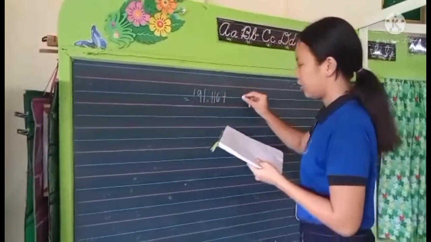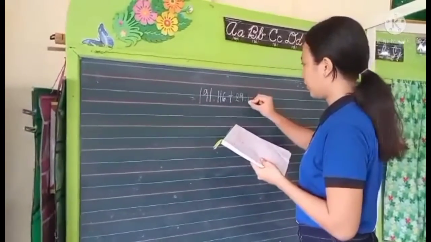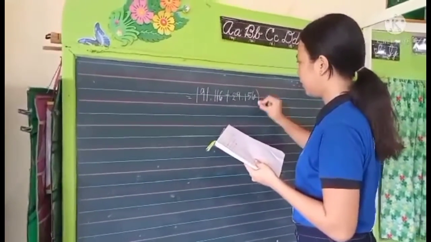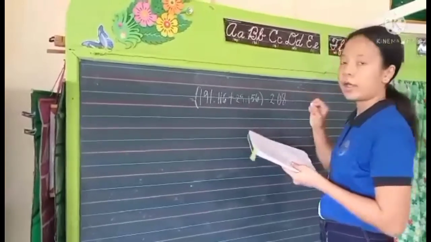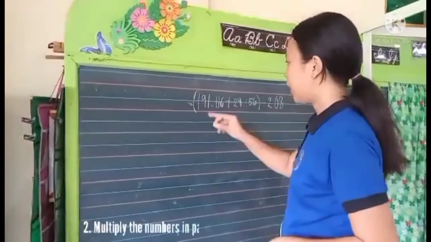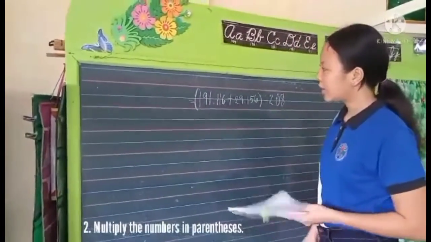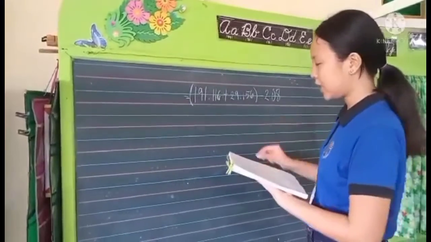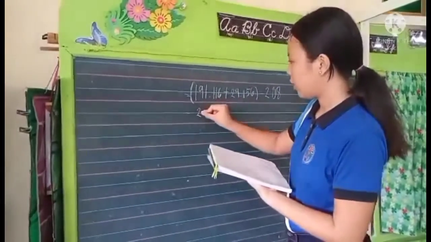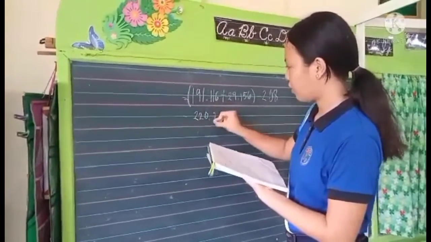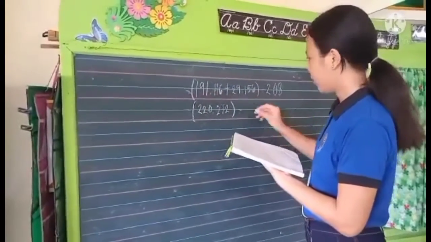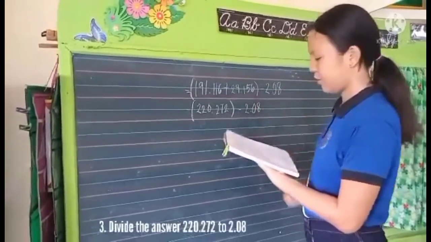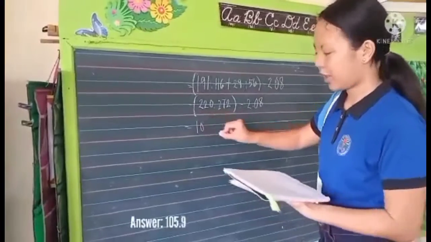191.116 plus 29.156 divided by 2.08 is equals to 129.106 plus 29.156 is equals to 220.272 divided by 2.08 is equals to 104.9